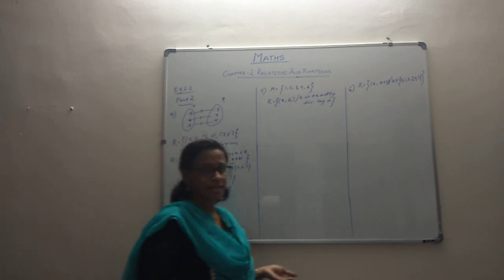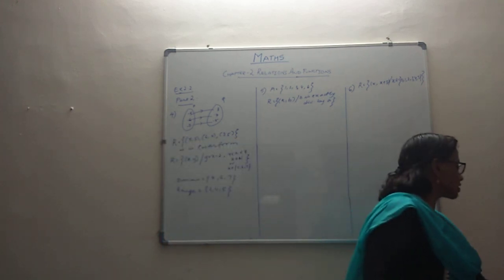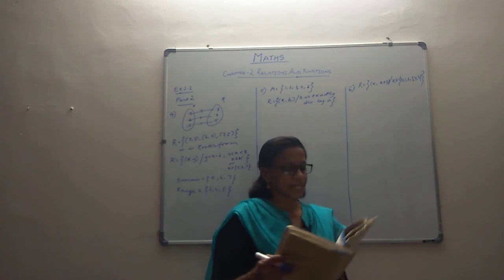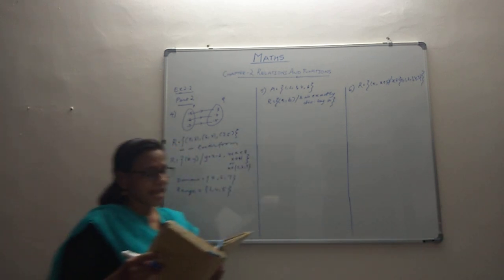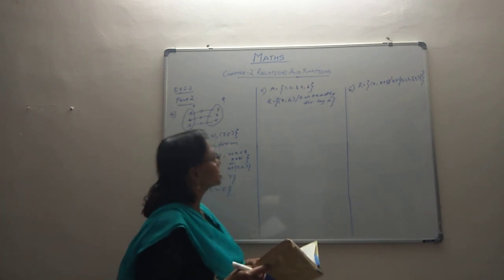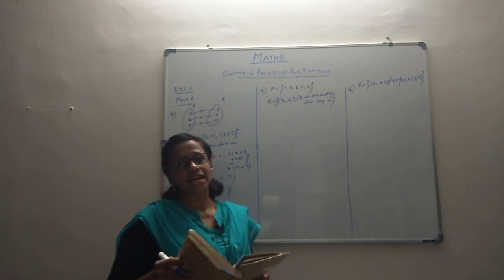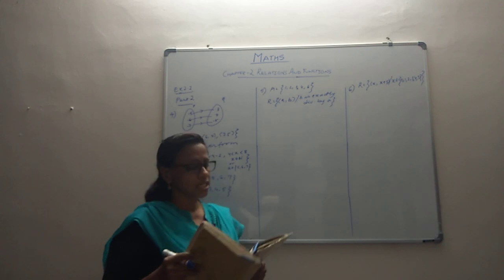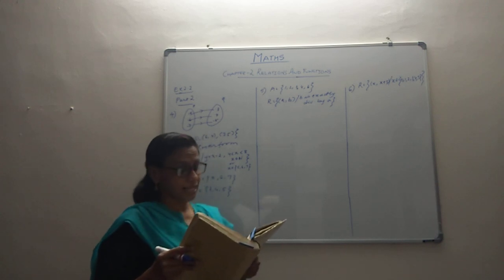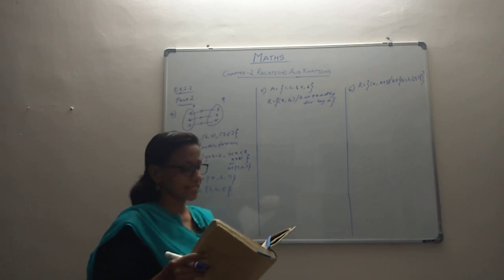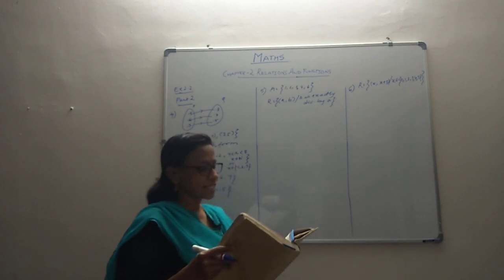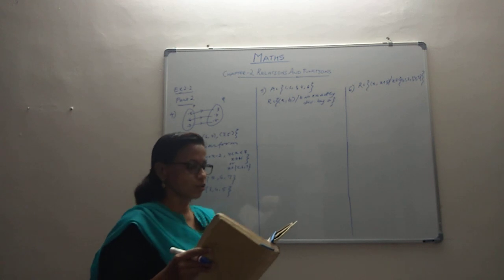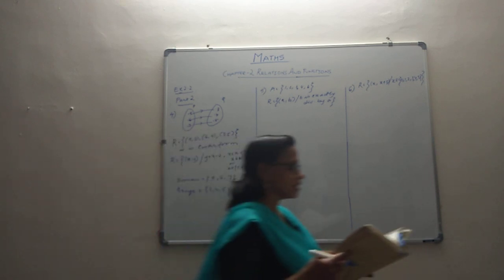Now we are coming to question number 5, and let's check what they want to say. In question number 5, the set A is given to us as it is written there, and they give us a relation that is also written there. The relation is a set of ordered pairs (a, b) such that b is exactly divisible by a. They both belong to A, that's a condition, and b is exactly divisible by a. You have to write the relation R in roster form. You have to write the domain and the range.